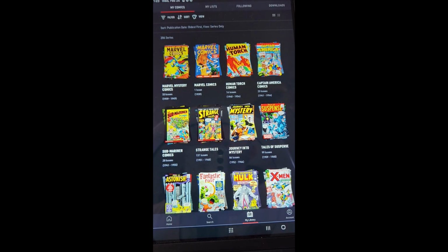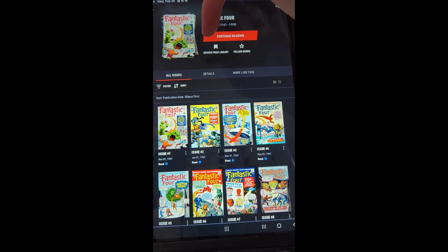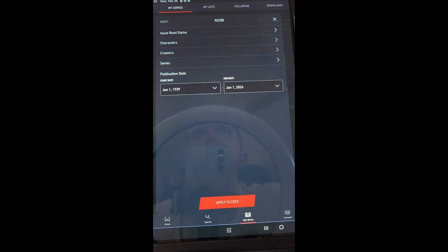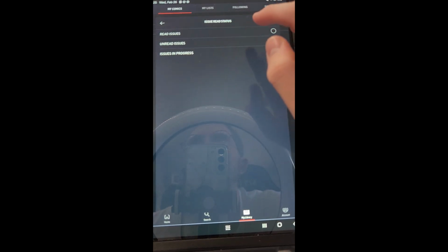So how do I save a comic or an event, writer, etc.? Well, when you go to a comic book title, there's this follow series or save to my library option. When you click it, it goes to your library. The filter takes you to how you want to organize or even find things in your library. When you go to filter, tap on the issue read status. That gives you options on where you left off,